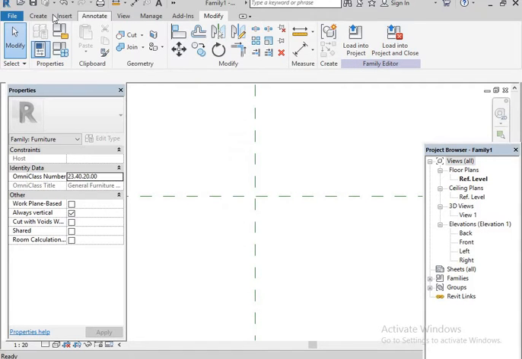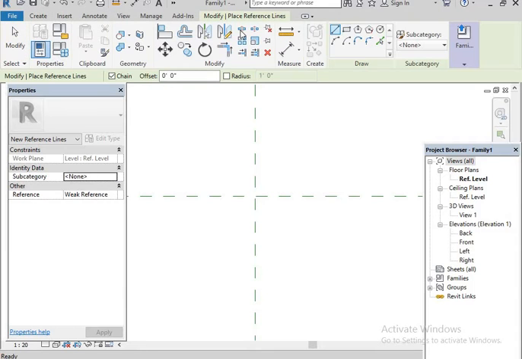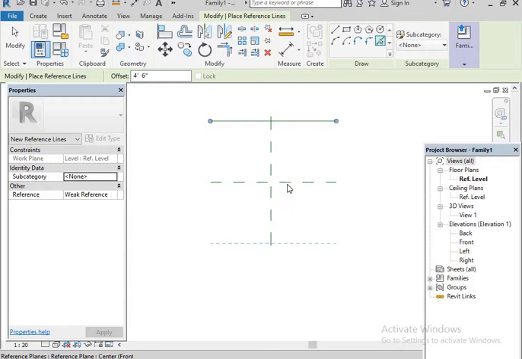So after that, go to Create. In that, select Reference Plane, the Pick a Plane option, and then here I'm going to use 7 feet width and length of 5 feet. Okay, so here 7 feet means from here to top 4.5 feet, and then on the bottom side I'm going to use 2 feet 6 inches. Enter, and then this side.